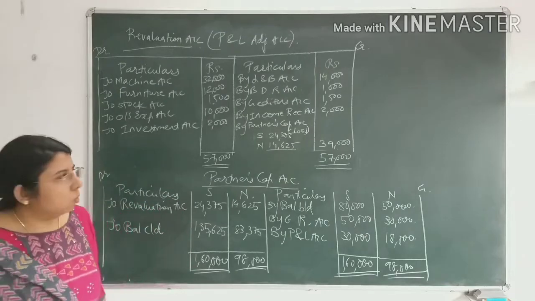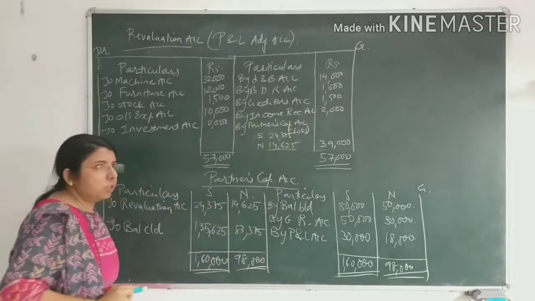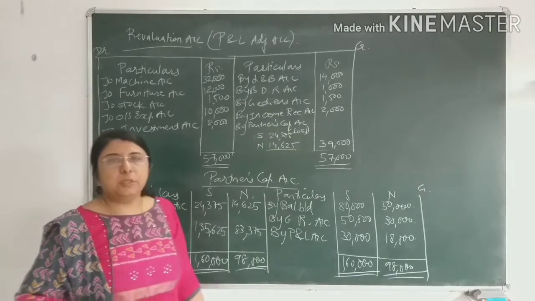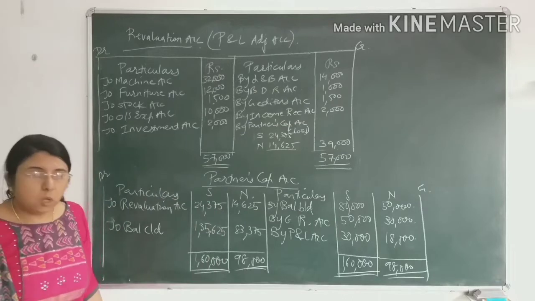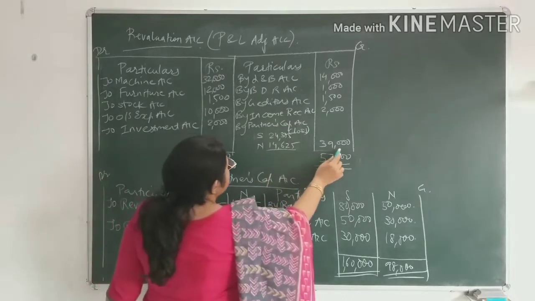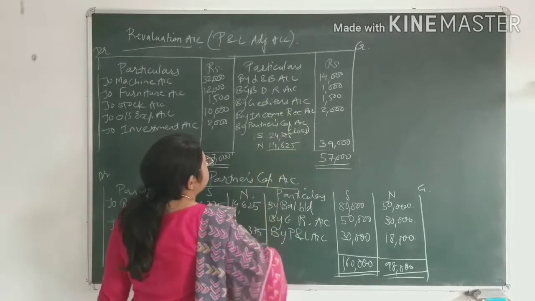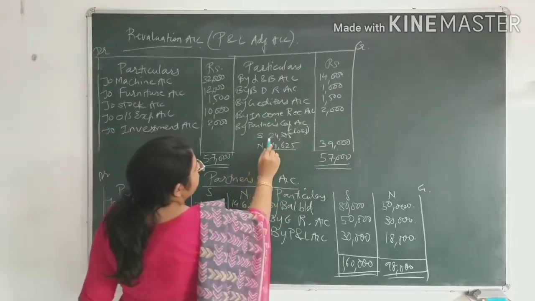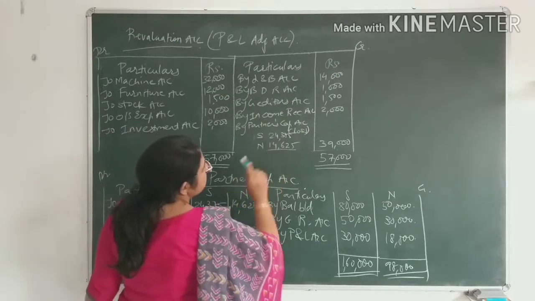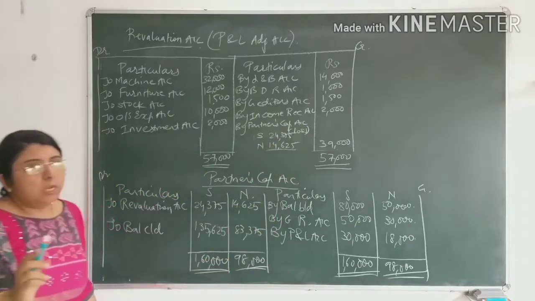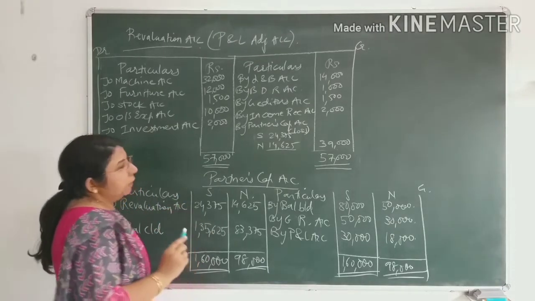partner's capital account. So here the loss is distributed in the ratio of 5:3. In the starting of the sum it is mentioned that the profit and loss sharing ratio of Sajan and Nirmi is 5:3. So 39,000 is distributed among the partners in the ratio of 5:3. So for S it would come 24,375 and for N it would come 14,625.